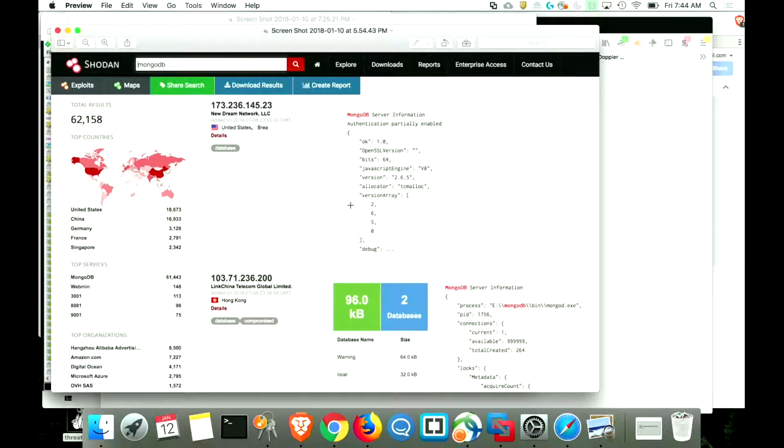You can do all sorts of stuff on Shodan. If you have an educational account, he'll give you a free Premium Pro account, which is pretty much what I have. I signed up with my credentials from college.